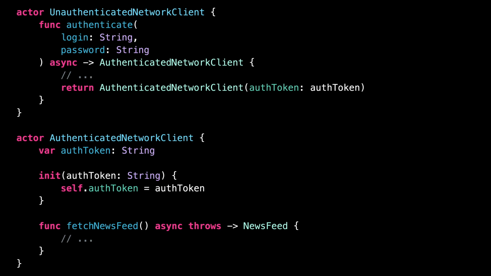Thanks to these changes, we now have the compile time guarantee that when a method is called on an authenticated client, a token will always be available. The initializer of the authenticated client has become a lock around its methods, and the token has become the key which opens that lock. Hence the name of the lock and key pattern.